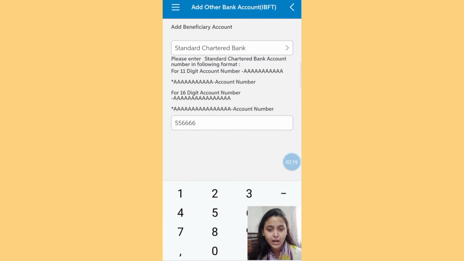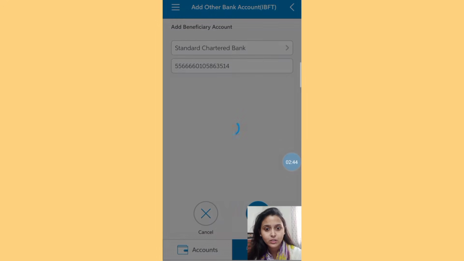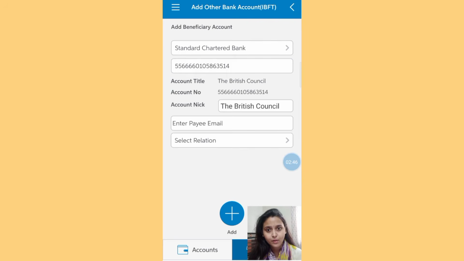So my registration ID is 010. There might be an alphabet after that and you need to omit that alphabet. Write only the last 10 digits. 010 58 63514. This was my registration ID, and after that I'll enter review, and you can see that